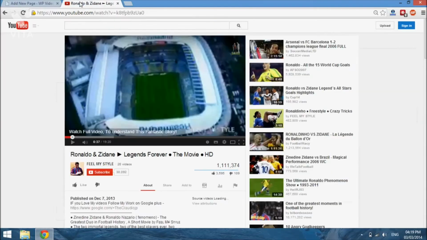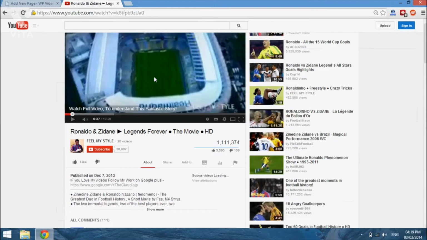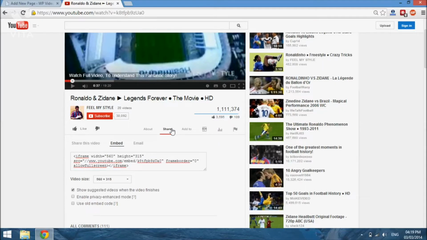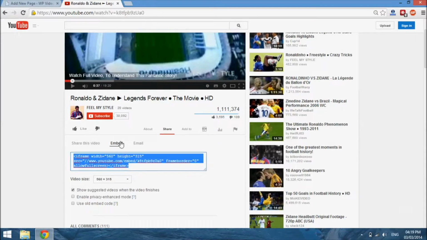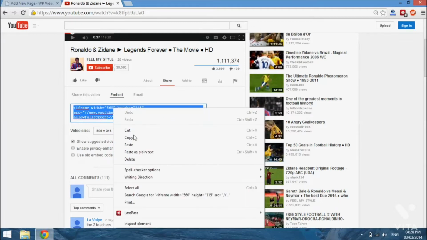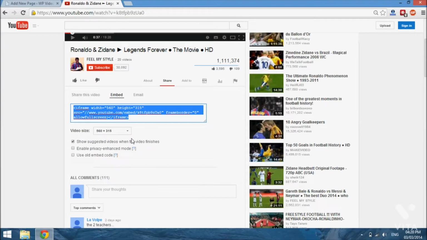And we're just going to go over to YouTube, and once you've found the video that you want to embed, you go down below the video where it says share and click the tab that says embed. Now there are two ways to do this, and the first way is by using an iframe, and that will be the default. And basically what an iframe is